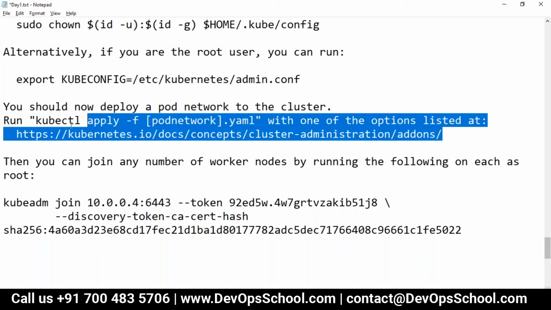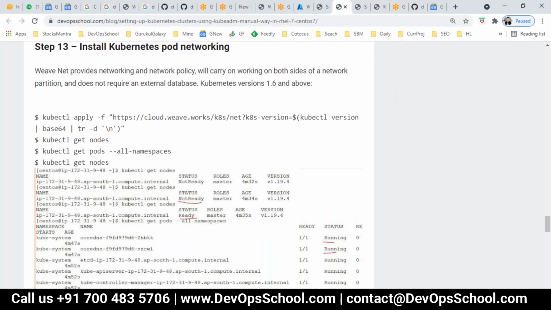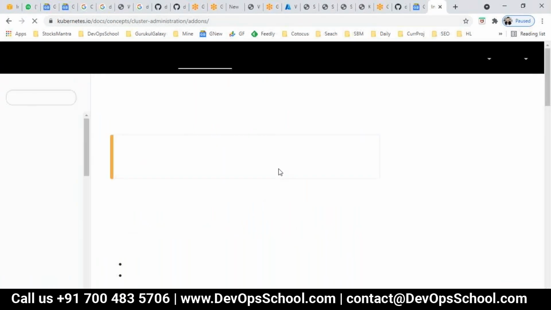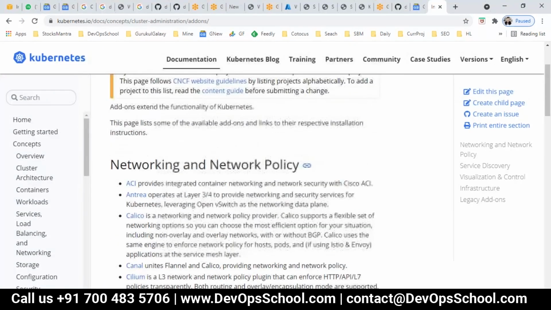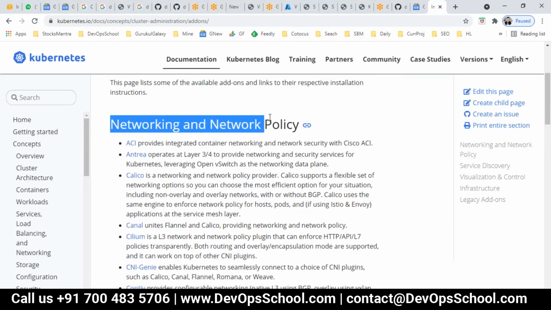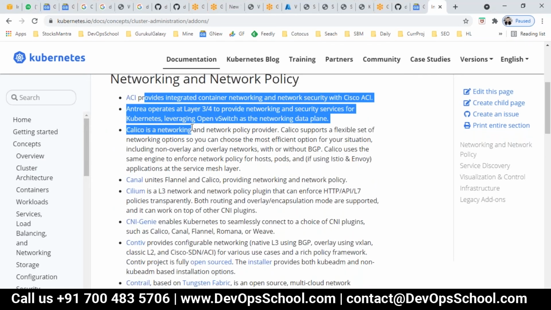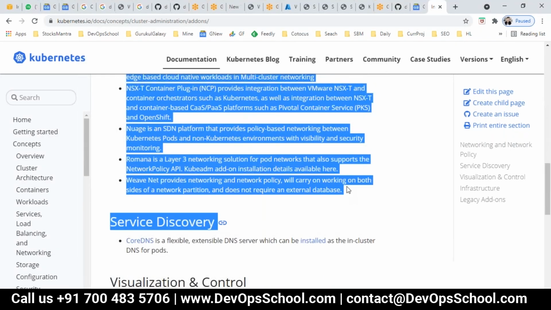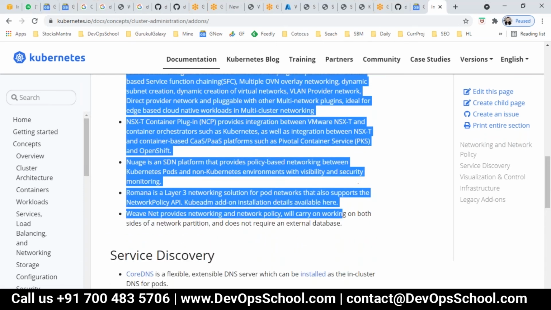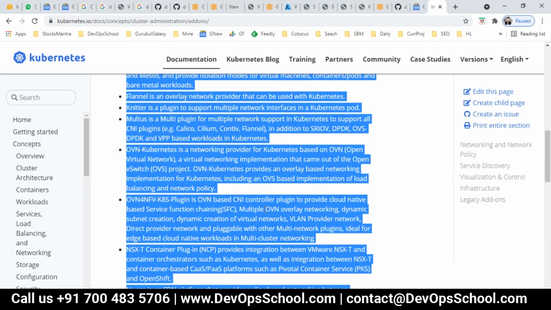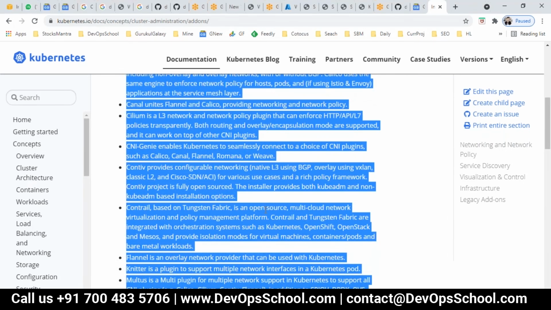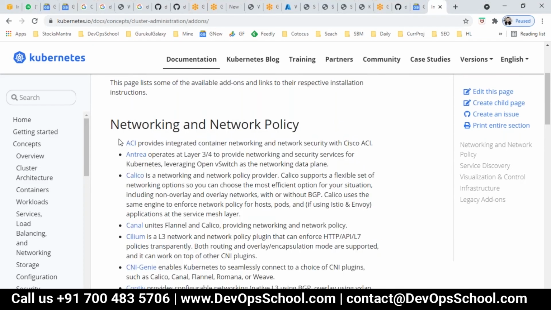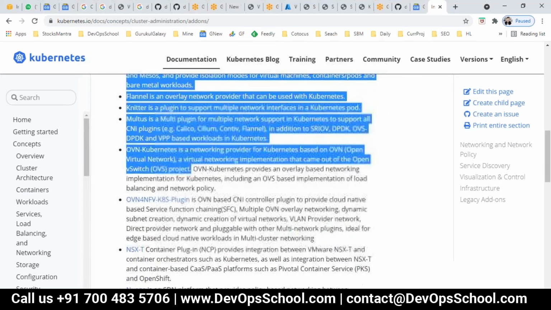So if you go to that URL, that's the reason I ask you to be slow. Observe every detail here. Here they're saying networking and network policy, and you see here Kubernetes supports all these policies. These are different vendors, different companies that have released them. AWS has their own network policies. Azure has their own network policies. Google Cloud and Alibaba have their own network policies. So what is a network policy? Guys, anyone can develop network policies, but the rules are very simple.